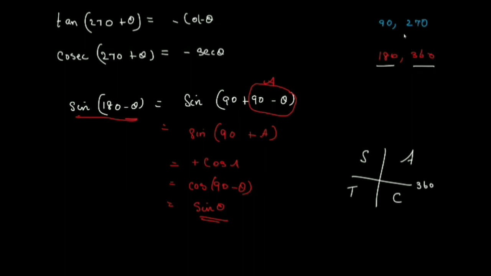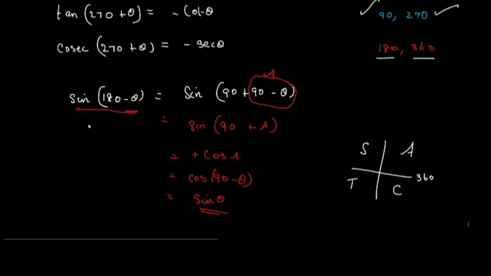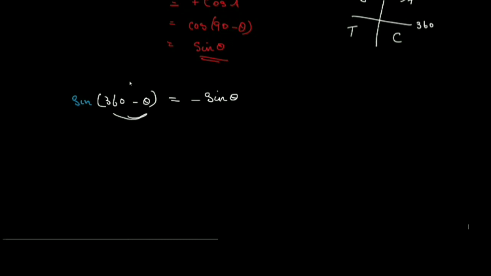But when you write in terms of 90 and 270, what will happen? What's the first thing that you should do? You have to write it in the complementary ratio first. Then go to the quadrant and check for the sign. Is it positive or negative? But when you write in terms of 180 or 360, you don't change the ratio. It will be very easy. Just write sine as sine itself. But you have to go to the quadrant and check for the sign. Plus or minus, you have to check.